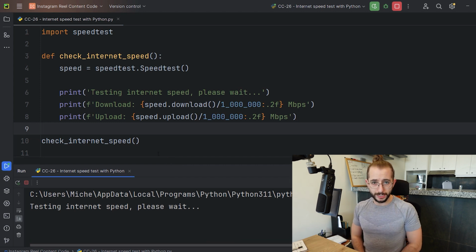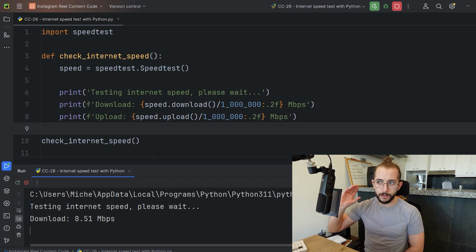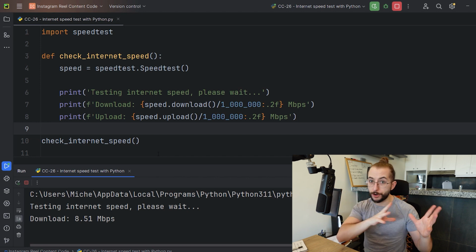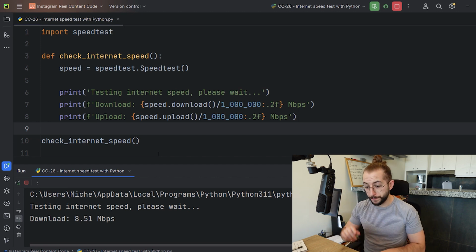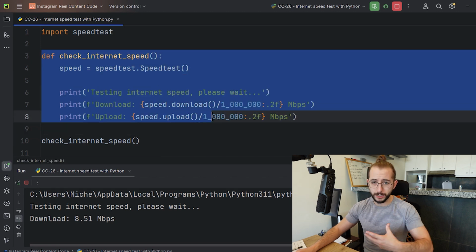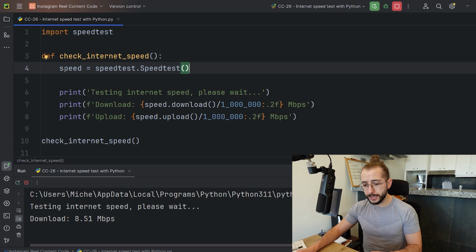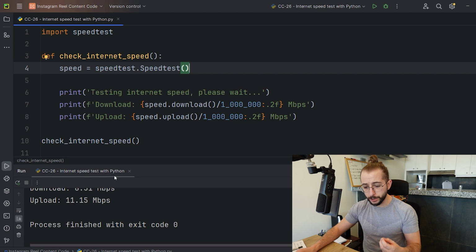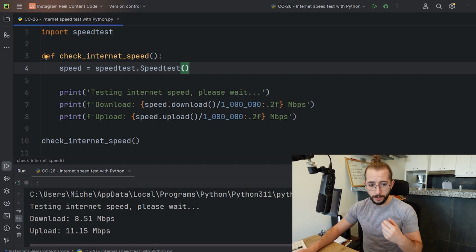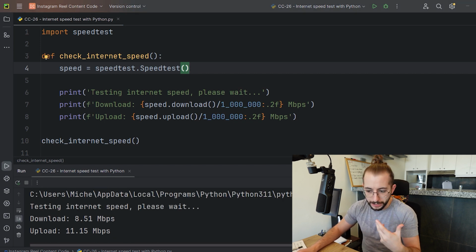basically this allows us to test the internet speed using an API. API just means that we are accessing functions from somewhere on the internet, kind of like that. But anyways, right here we have a function. Of course, we made a function because we are professional, and we create the speed test object, which has different functions and variables that allow us to access and test out the download and upload